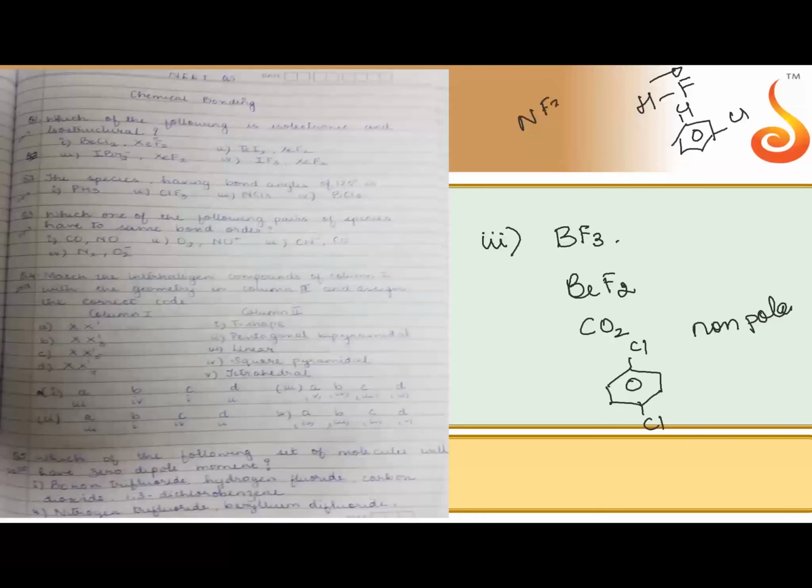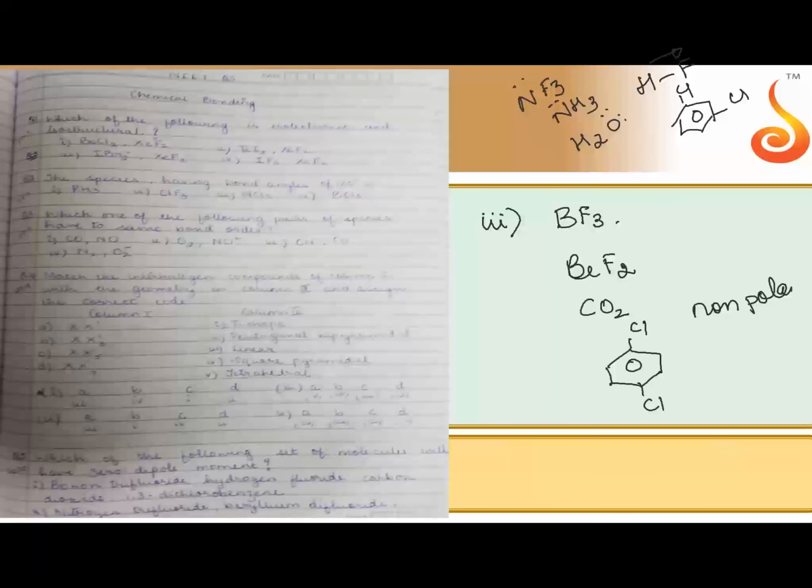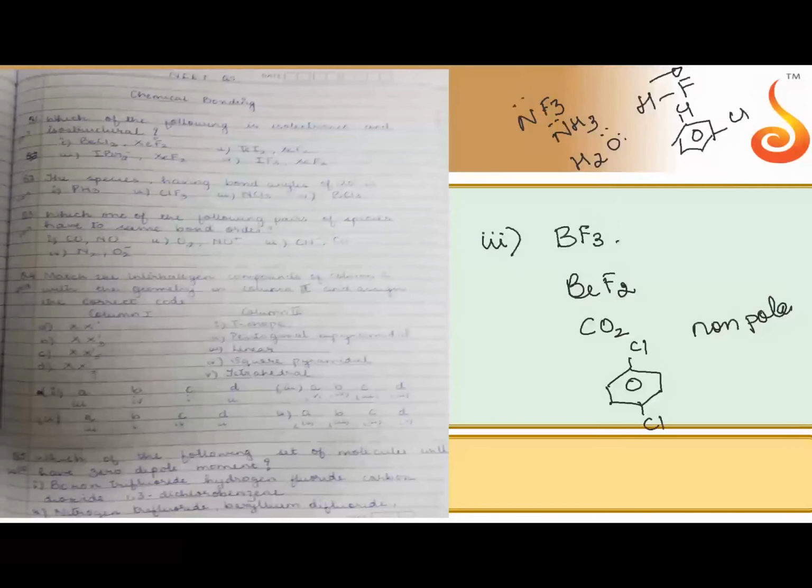NF3 is polar, pyramidal shape, lone pair is present. Then we have here ammonia, polar, pyramidal with lone pair. Water, certainly polar, we all know it has 2 lone pairs and it's all adding up together. So this is how we can determine. Getting some clarity about this question, right? It was a slightly different question than what we did. Okay, we have very little time here, children. Let's go to our next question. It was very, very easy.